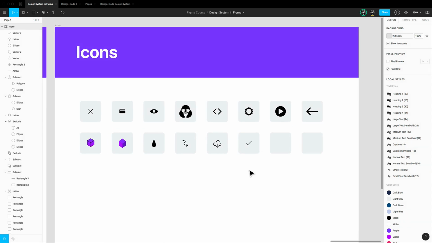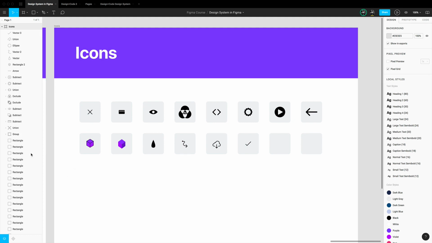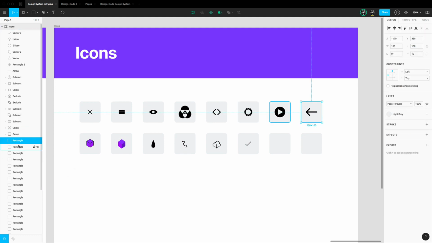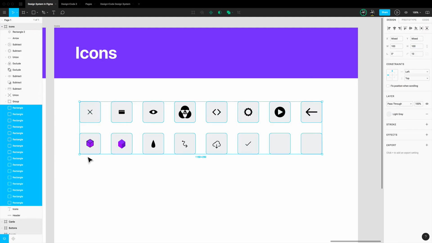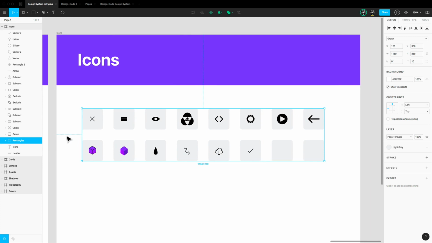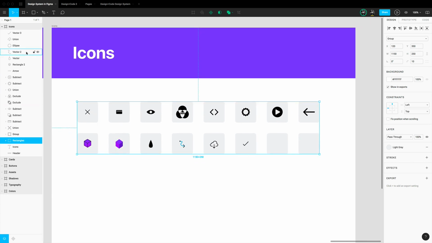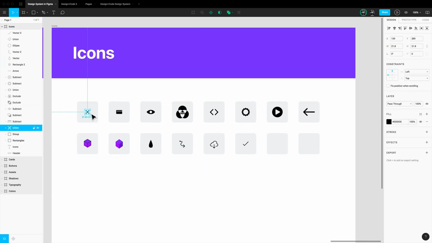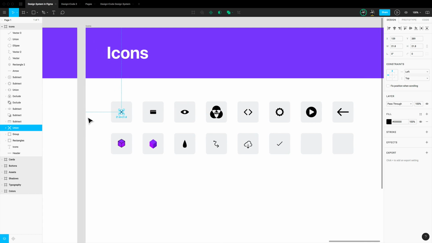At this point I just want to turn all of these icons into components. First of all, because I have so many layers, I just want to group all the rectangles into a group. So rectangles, and now I have the icons. Now what you can do is, let's say you select the first icon,